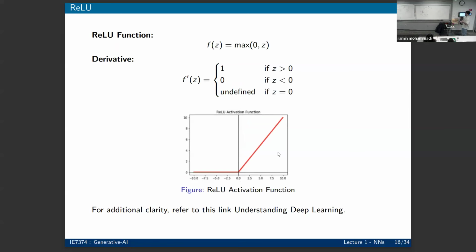You could have something like ReLU, rectified linear unit, which by default, if the value is negative, returns 0. If it's positive, it returns the value. So that's ReLU. There are different versions of ReLU because this one has some problems, like leaky ReLU, for example, which doesn't return 0 for negatives, it returns a slight variation. But this is ReLU, and this is the derivative of ReLU. One of the downsides is that at 0, the derivative is not defined. But all of these activation functions help you with learning, and we're going to see really interesting